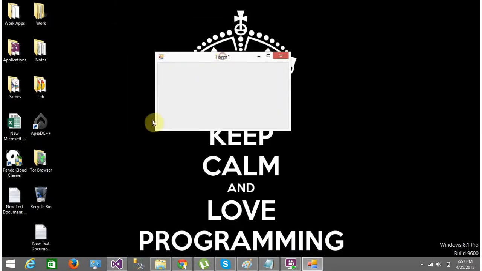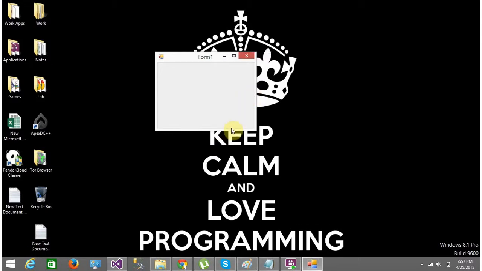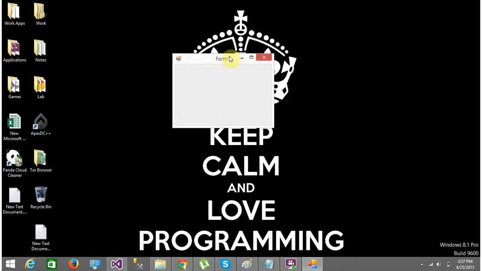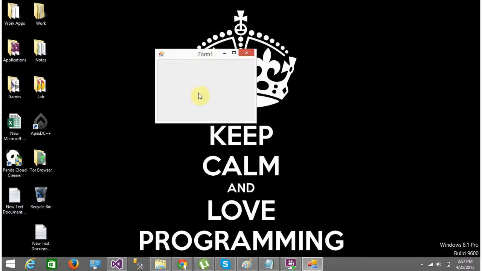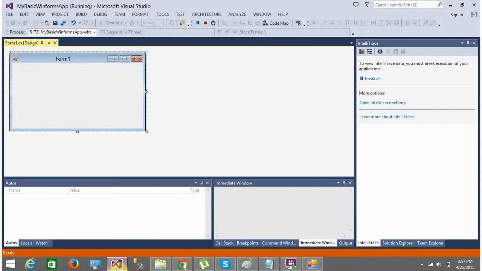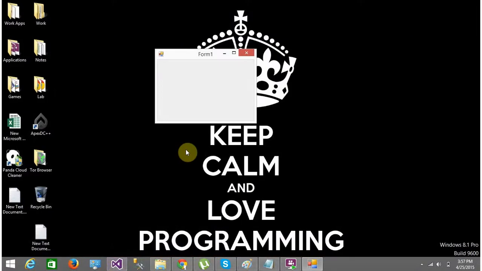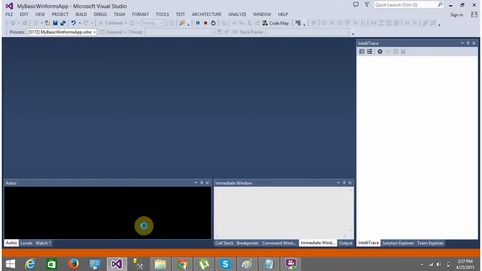So now this is how your application looks. As you see, I can resize it, I can move the application around, and I can close it. My application has a GUI because this GUI is already present because of the Visual Studio WinForms application template that we selected. Now I cannot do anything inside my program because I have not programmed any functionality into it. I have not created any buttons. I have not added any graphical user elements into my WinForms application. So this is basically how it looks. Now I'll close this.